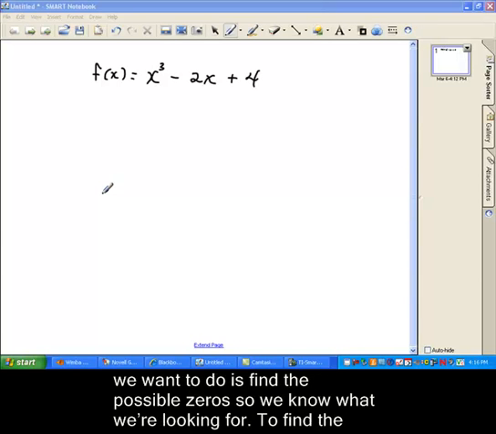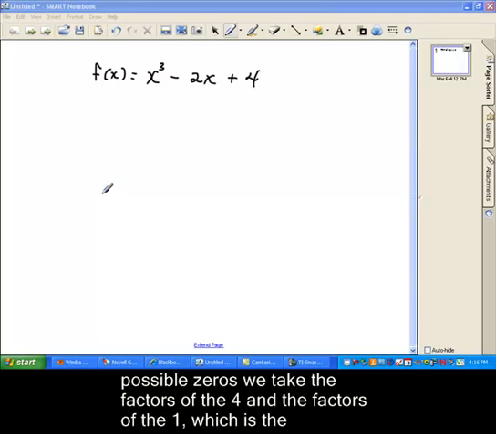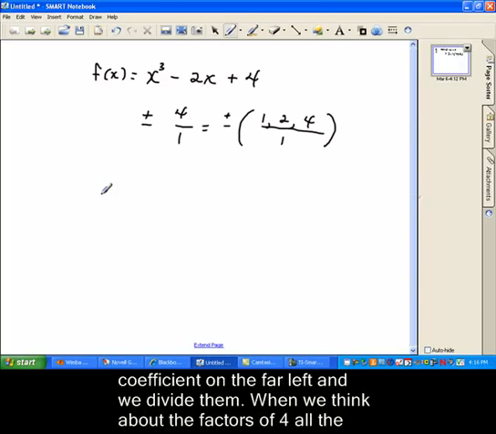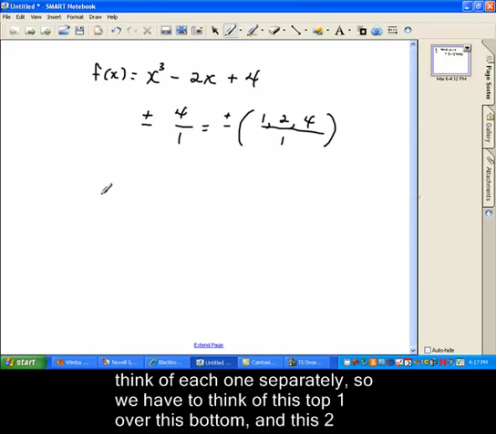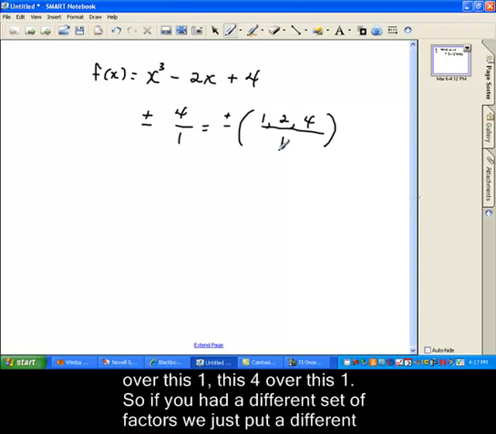To find the possible zeros, we take the factors of 4 and the factors of the 1, which is the coefficient on the far left, and we divide them. When we think about the factors of 4, all the numbers that will go into 4 are 1, 2, and 4. The numbers that will go into 1, it's simply 1. Now, we have to think of each one separately, so we have this 1 over this 1, and this 2 over this 1, and this 4 over this 1,